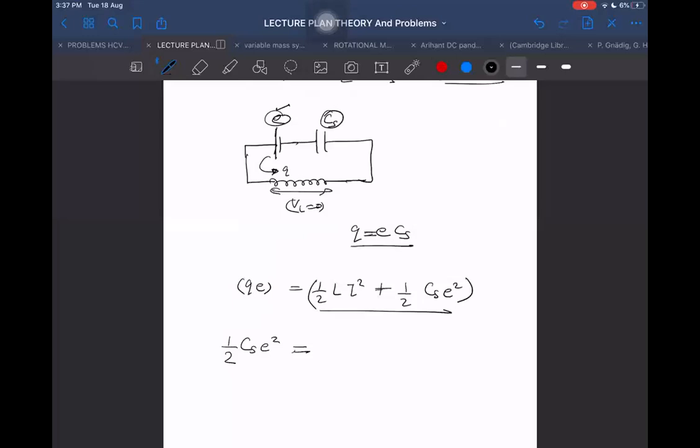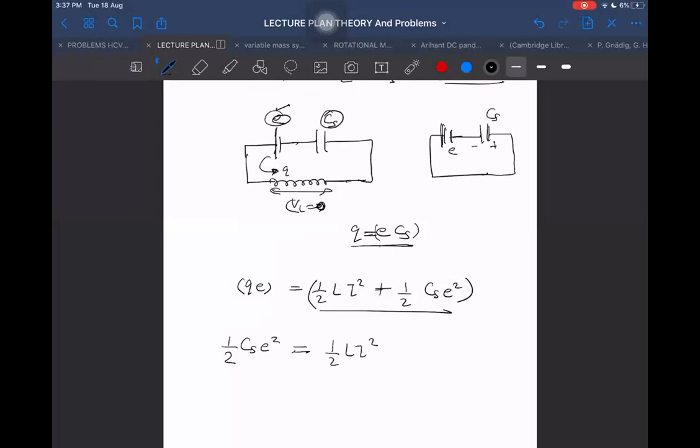Mute yourself. Half into CS into E square is equal to half into L into I square. You understood this equation here? I am not converting into the actual situation. Without converting into the actual situation, I am saying when the voltage across the inductor becomes 0, then the net voltage across the battery, this is also not an actual battery, it is just an assumed battery. You know how we assume a battery effectively just to replace the circuit. Then this battery EMF E will appear across the capacitance. Then what charge will be stored in this? CS into E will be stored. What will be the work done by the battery?